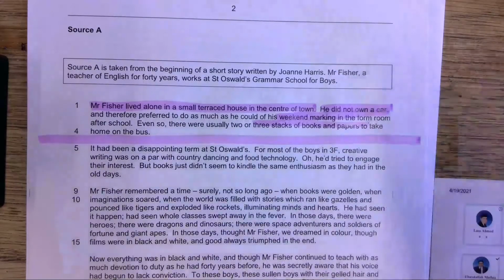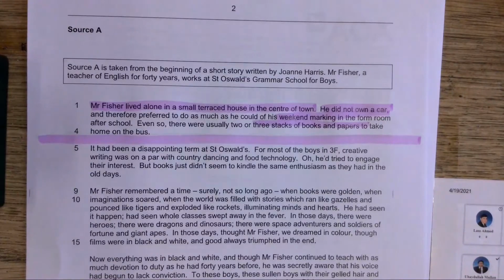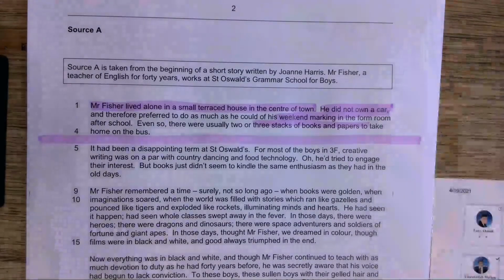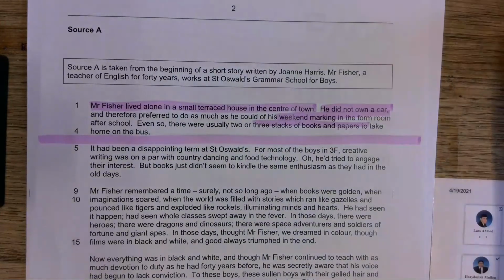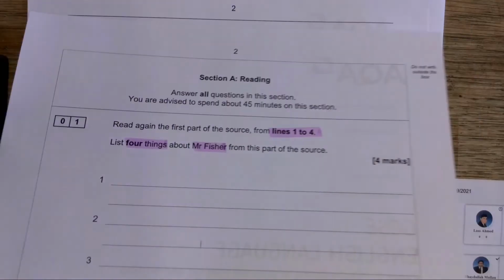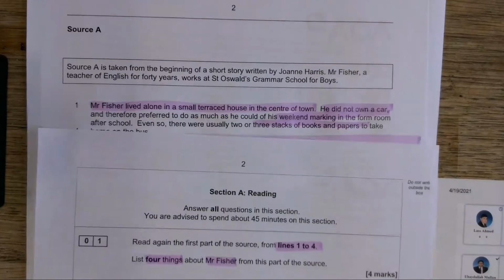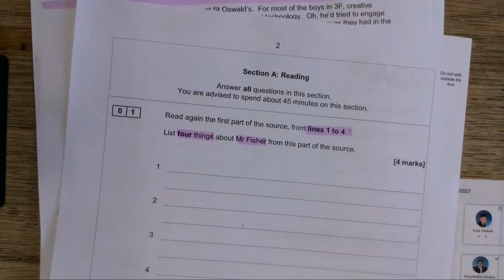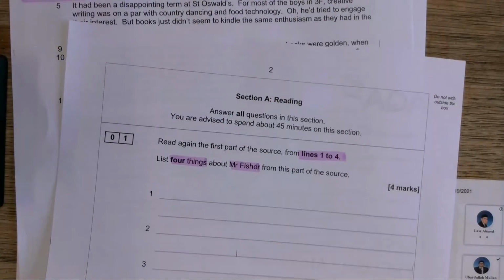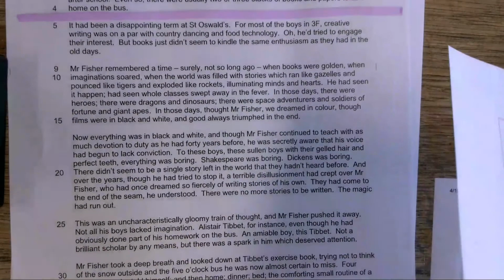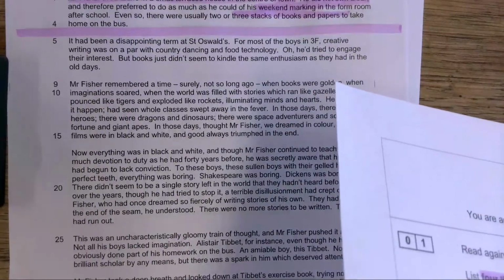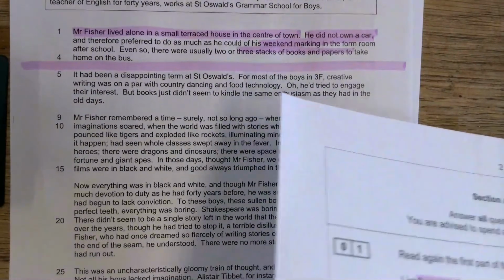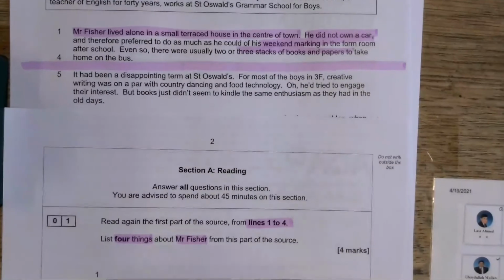So what I need to do, now that I've identified elements that I could write about, is to turn that into 4 sentences that are going to get me the marks. Now, when it comes to having a go at this question, remember we can separate our ideas into multiple sentences. So, for example, we could say,